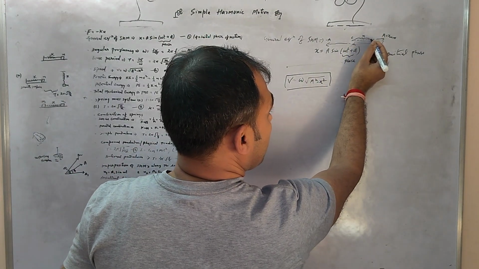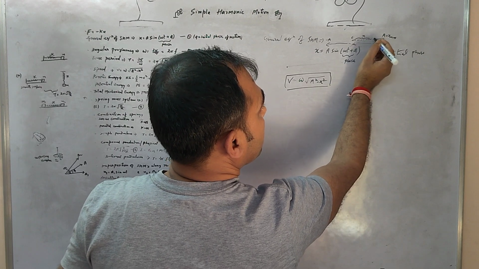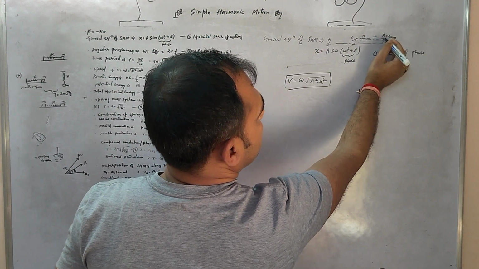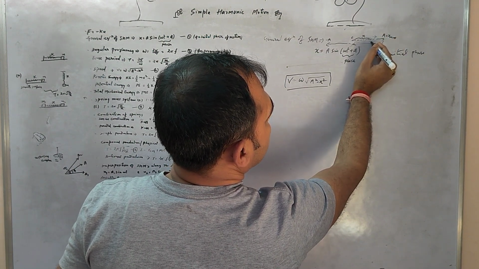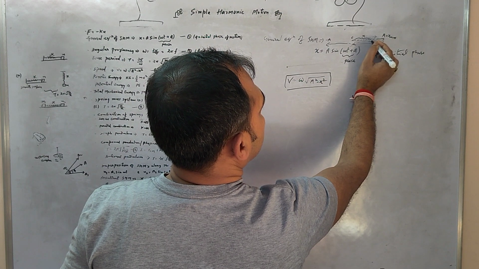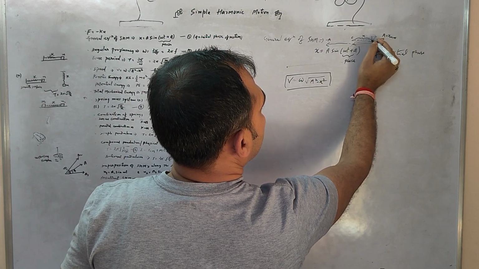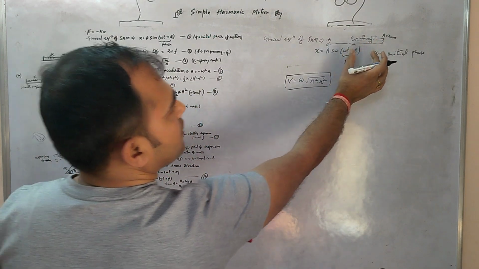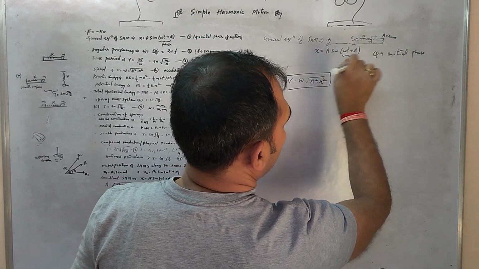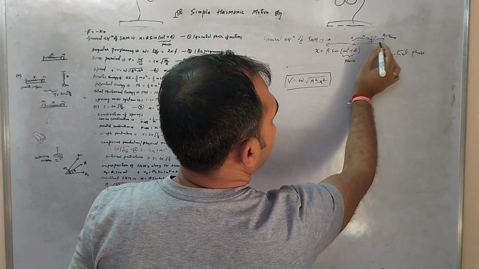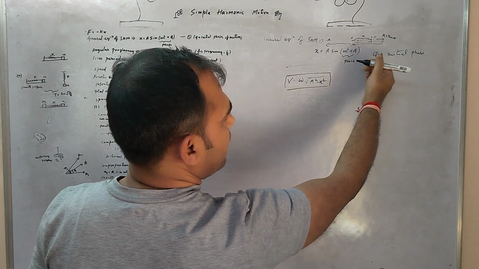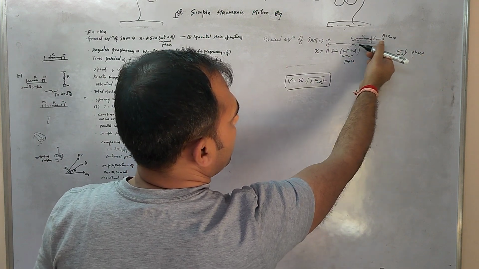So the speed of this point while moving towards this extreme point or moving towards the reference point, at both times at distance x, the speed will be the same, the velocity will be just opposite. While going towards the extreme point, it will be in that direction, and while returning back, it will be towards O.